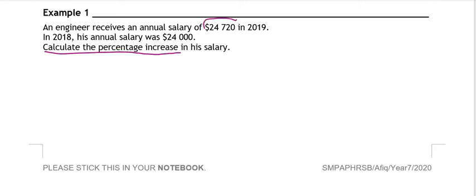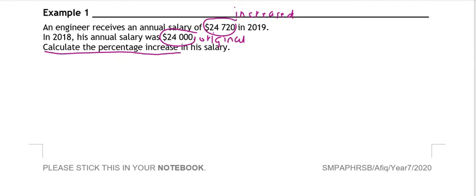Now let's focus on the amount of salary. Here, you can see that between 2018 and 2019 there is a difference, there's an increase. So look at the previous year, which is 2018. The $24,000 here is the original value, right? And the $24,720 in 2019, which is a year after 2018, has increased. So this is the increased value, right? Now,